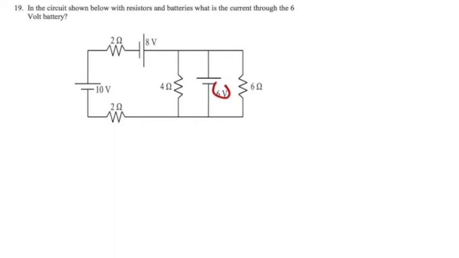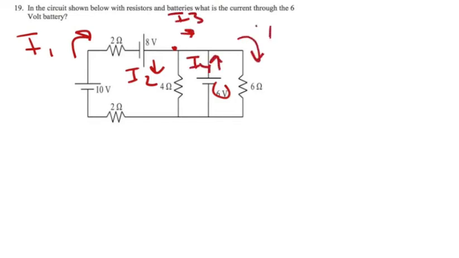This lets me later say that when we follow the current through the loop, we're going to add voltage when going through a battery and subtract voltage when going through a resistor. So our first current, I1, is going to flow up. When it gets here, it's going to split into I2 and I3. With the convention, we can say that I4 is going to flow up